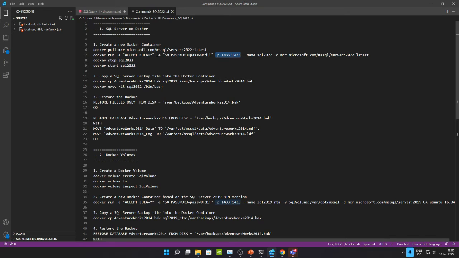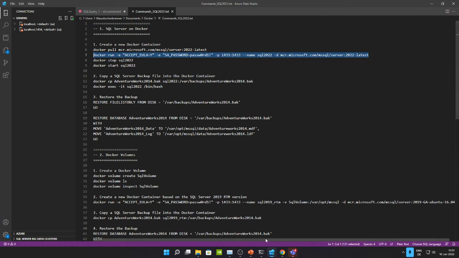And then we also have to specify some environment variables. As we all know, we need an SA password. So I'm using a very strong SA password. No, just kidding, this is not very strong. And of course, you also have to accept the EULA, otherwise SQL Server would not start. When you're installing SQL Server the old traditional way through setup.exe, you're doing the same. You're accepting the EULA, otherwise you can't continue. And of course, you also have to specify the SA password, and we're doing that here through the command line. So let's run that